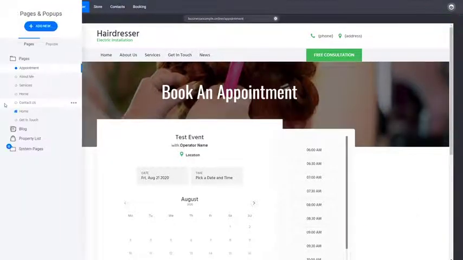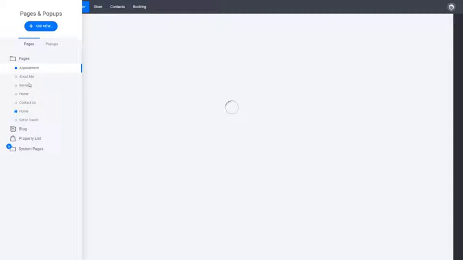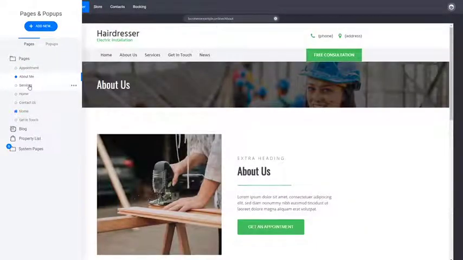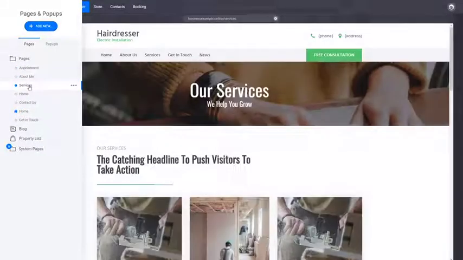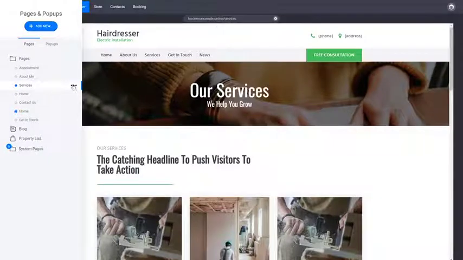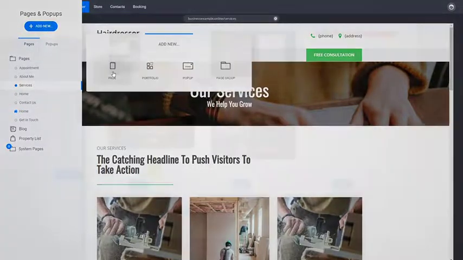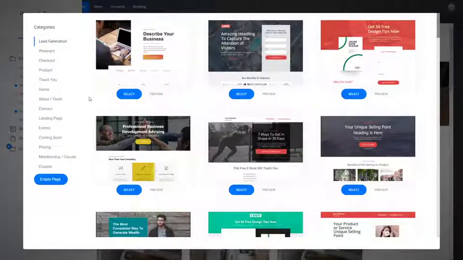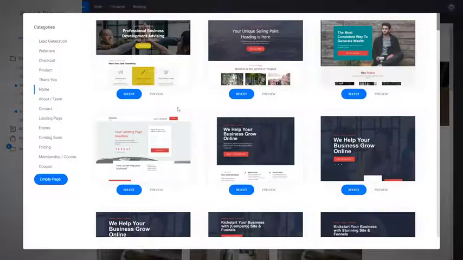Now, other pages we have are About Us, Services, and other things that we want to have on our website. Again, if you don't want them, you can just delete them. And to create a new one, click on Add New and click on Page. And here we have a great variety of hundreds of different page designs, whatever you want. You can even replace your home page with something else. Again, you can build it from scratch and just add different blocks,